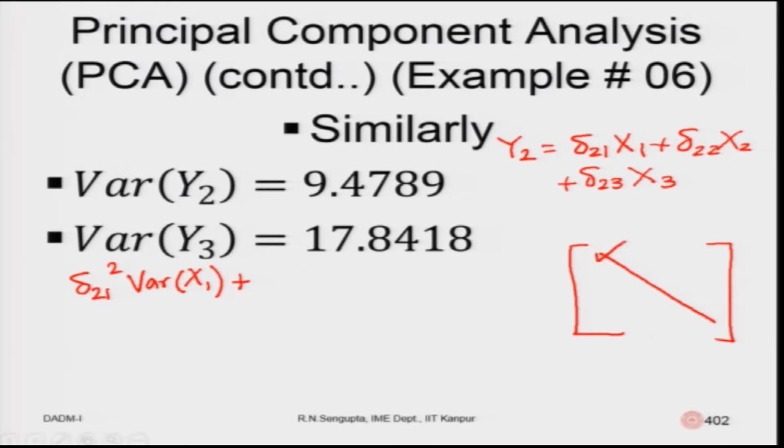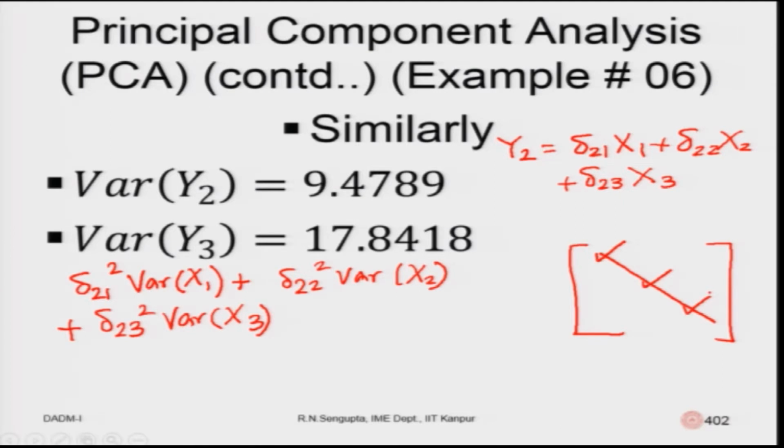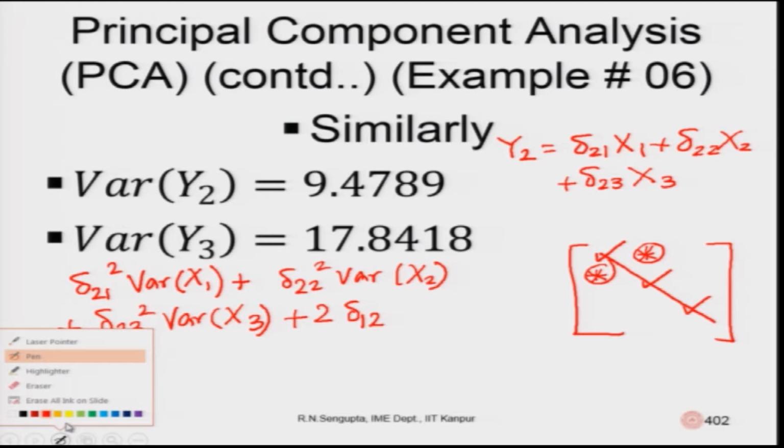So, the first value is taken care of. Second value is taken care of. Third value is taken care of. Now, I need to take care of the covariances. So, there is one value here and one value here. That will be twice into delta 1, 2. So, that would, wait, just. So, they would be basically,